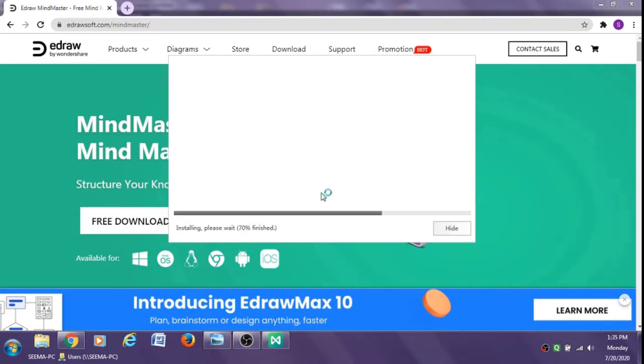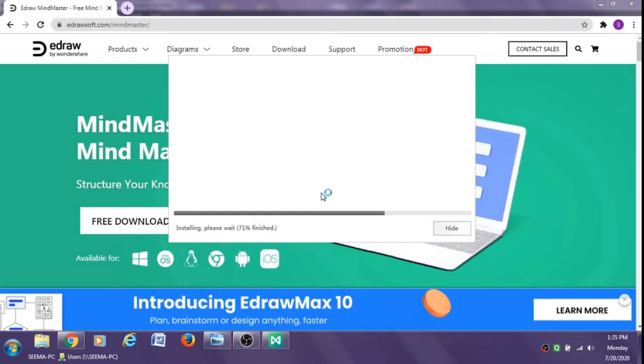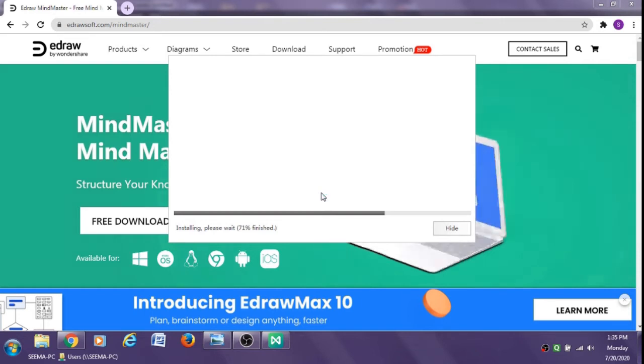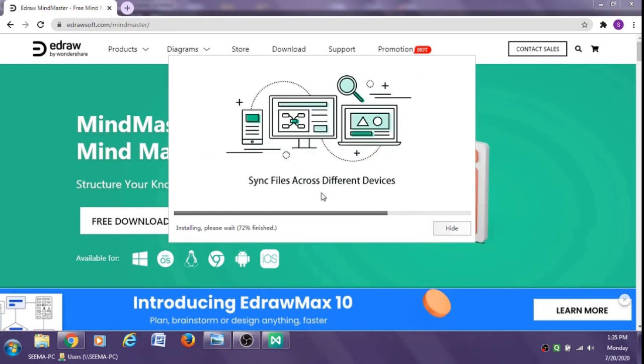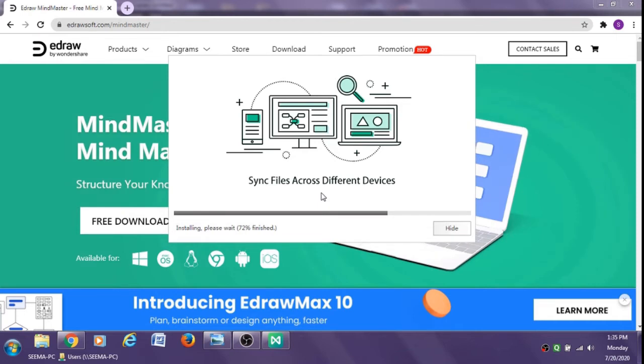MindMaster tool is now getting ready for installation. It will take a few minutes for the installation process to complete. It may take about 2 to 3 minutes for the completion of the installation.